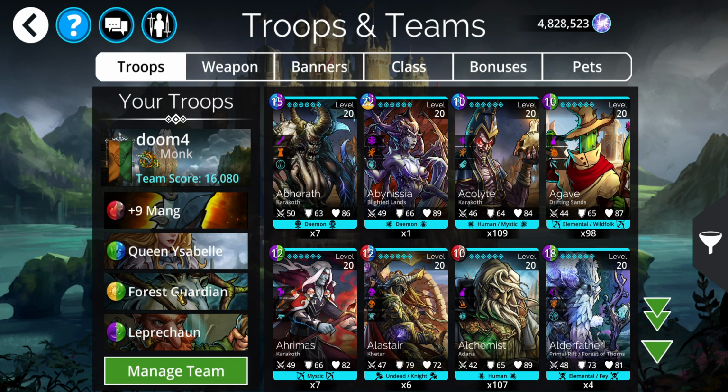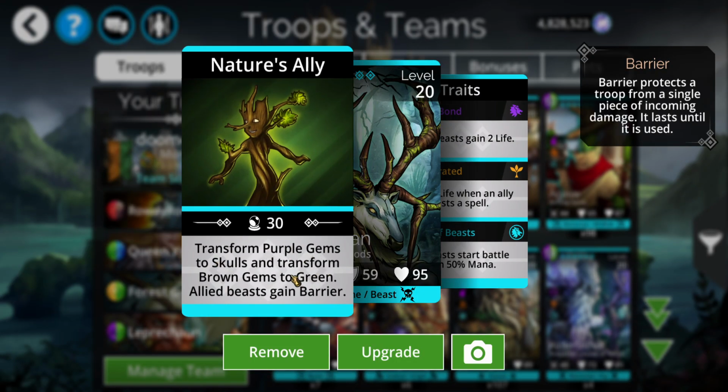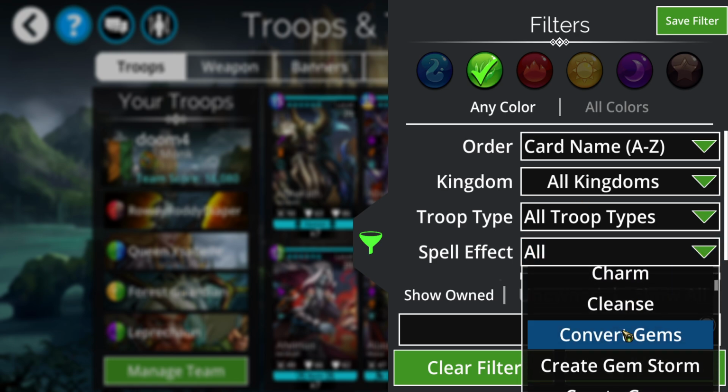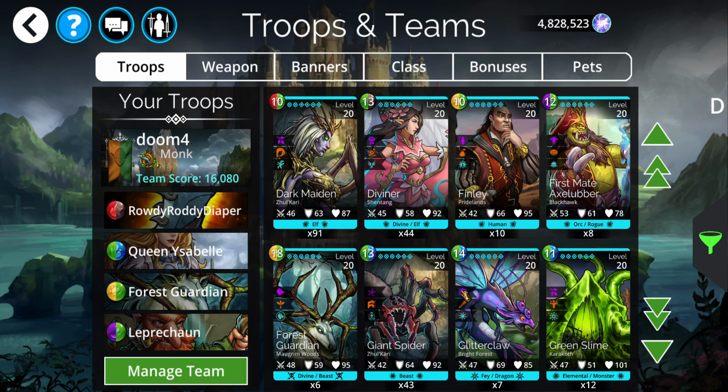And I just put Forest Guardian down here because it's a dual converter, purple to skulls and brown to green, and green is going to help refill your other troops. Leprechaun for your mana gen. You could as well, let me just do this real quick, any color and spell effect. Convert gems. If you don't have Forest Guardian, there's Alder Father. If you want to go with a complete skull build,